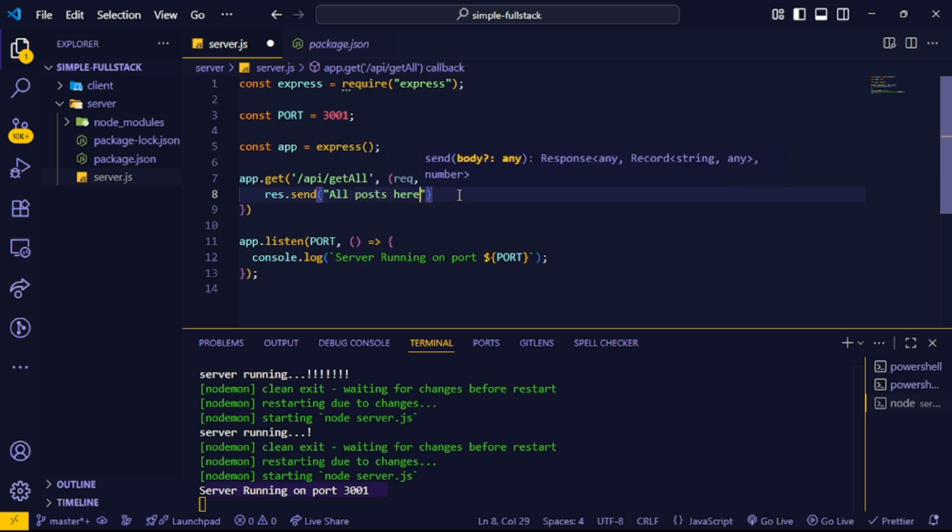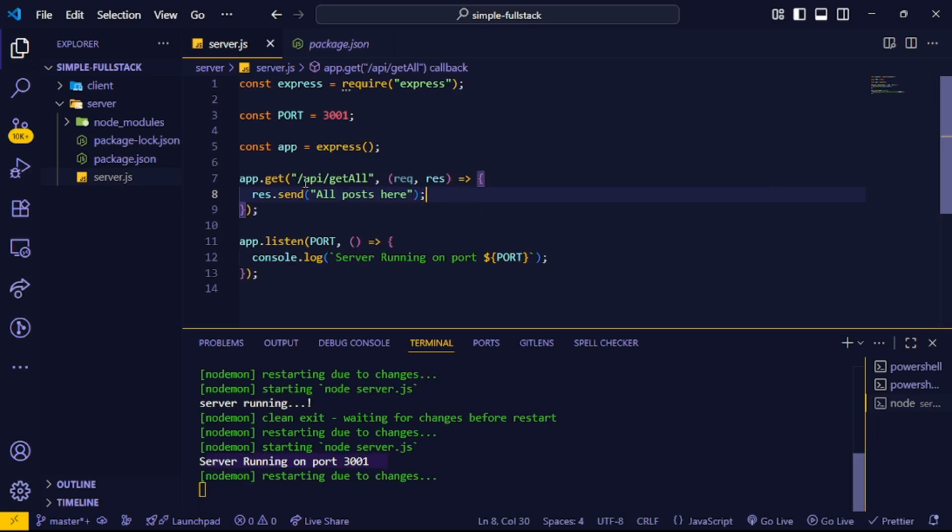For this case, if we hit this endpoint, we are going to have something sent from the server that is going to be all posts here. If we had an object, for example, of posts, maybe post 1, post 2, we are just going to send it here. So if we navigate to our browser,